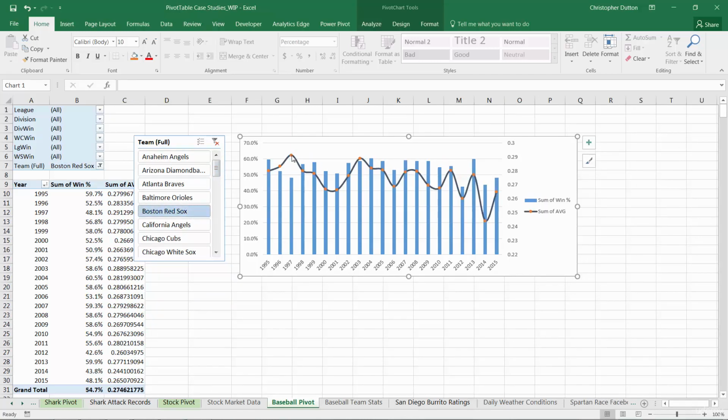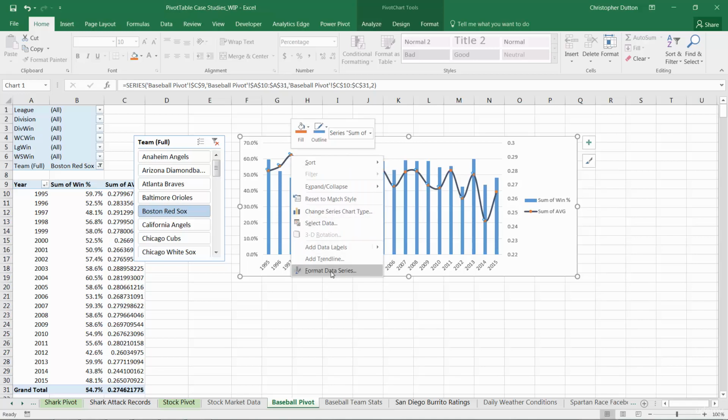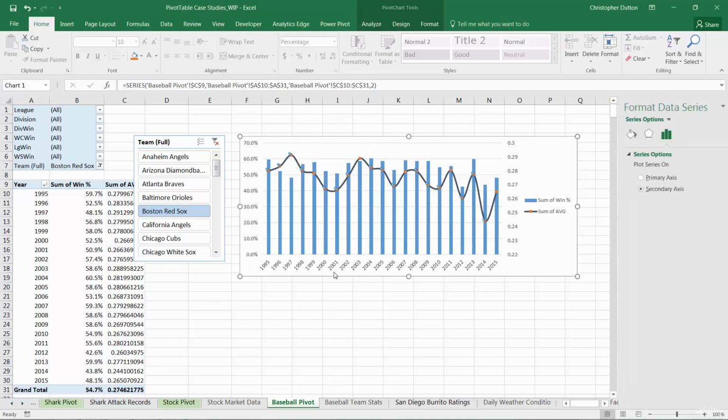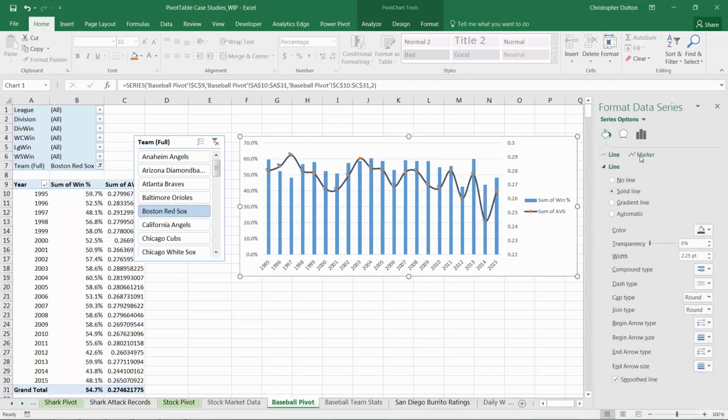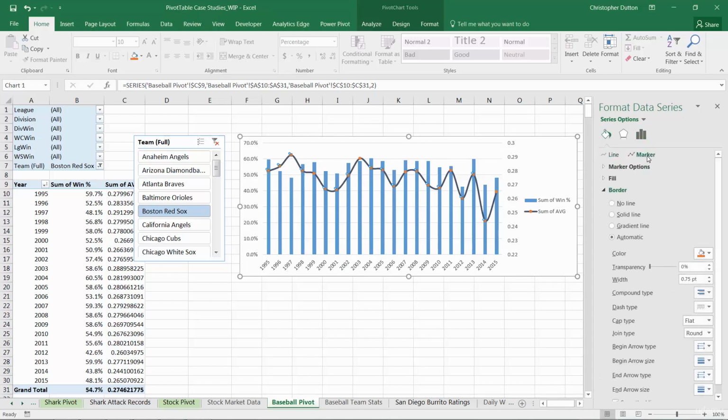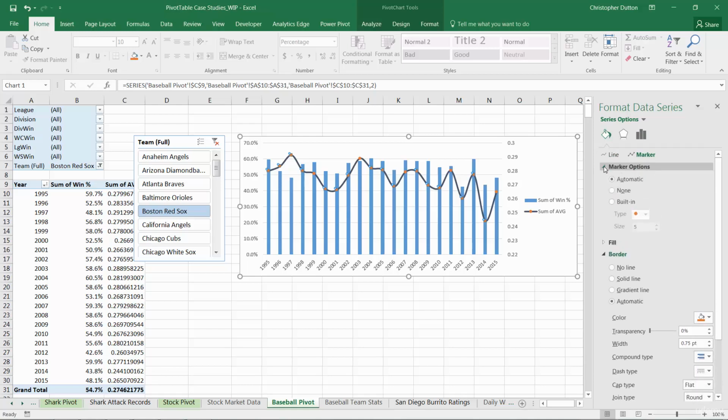Now you may have noticed that these markers showed up formatted in orange. To be honest, I have no idea why that happened, but if you're curious or if you don't like them, I'll show you how to change those. So you can go back into Format Data Series, go into your Fill and Line. There's this Marker tab you can click on, drill into your marker options, and it automatically added